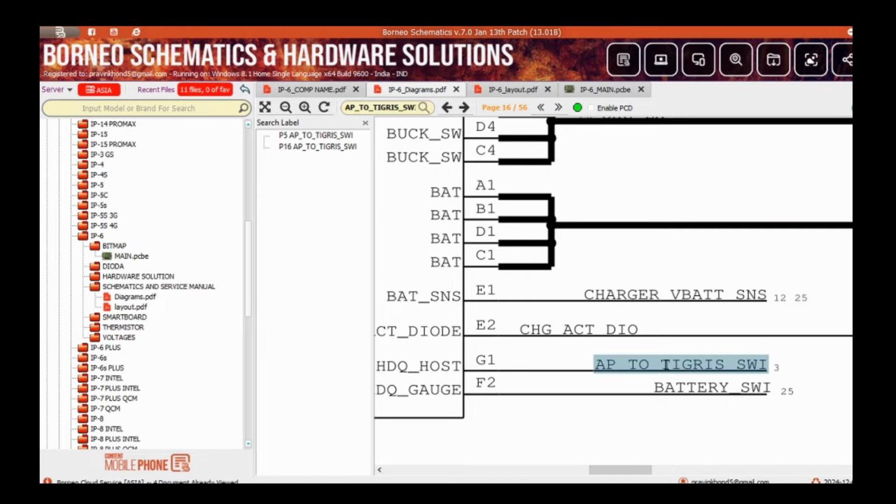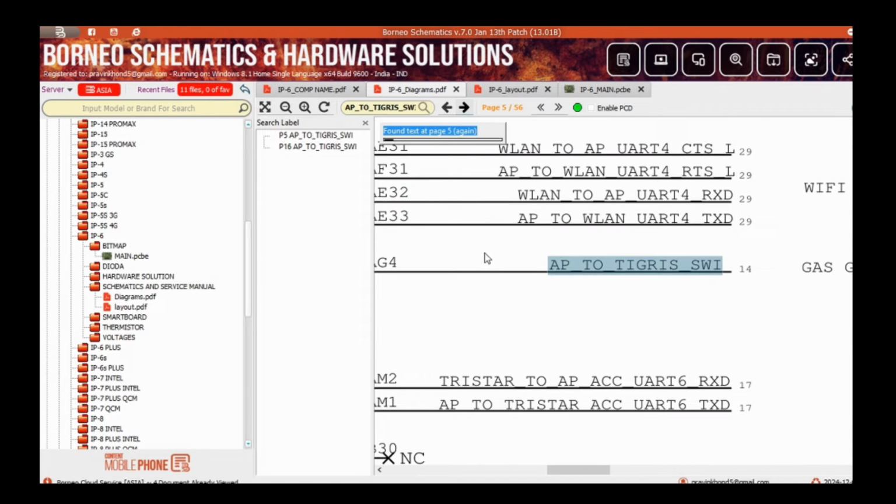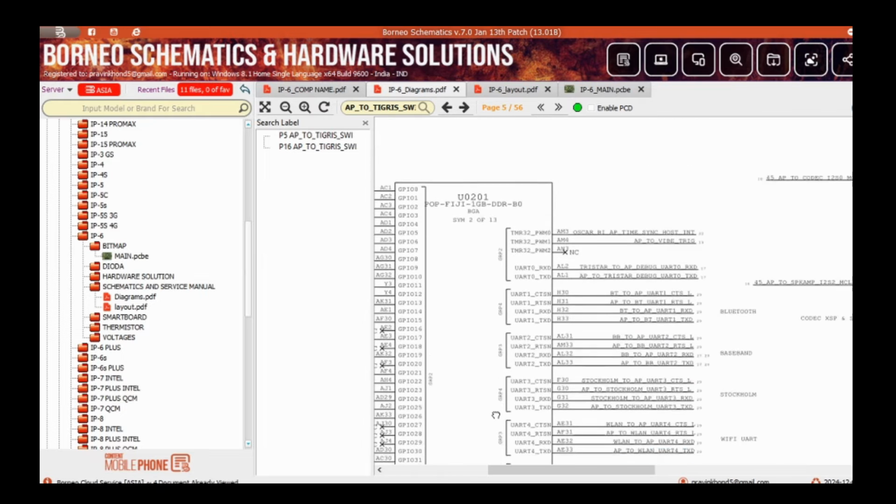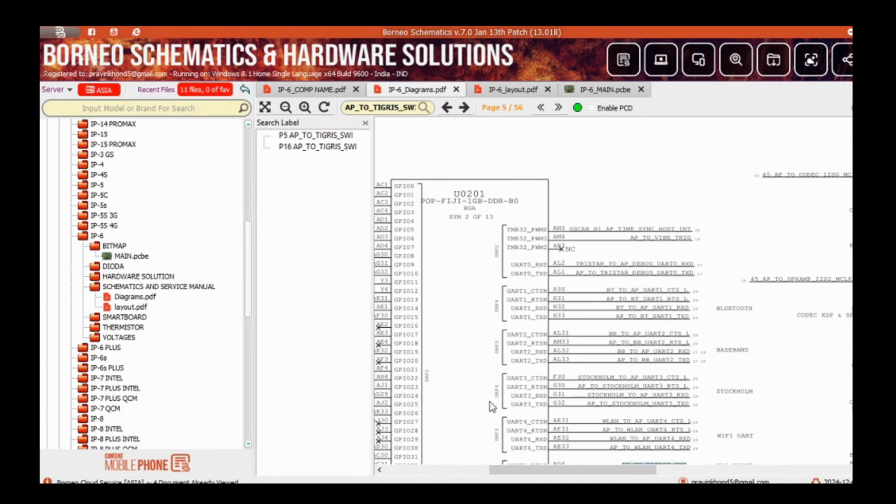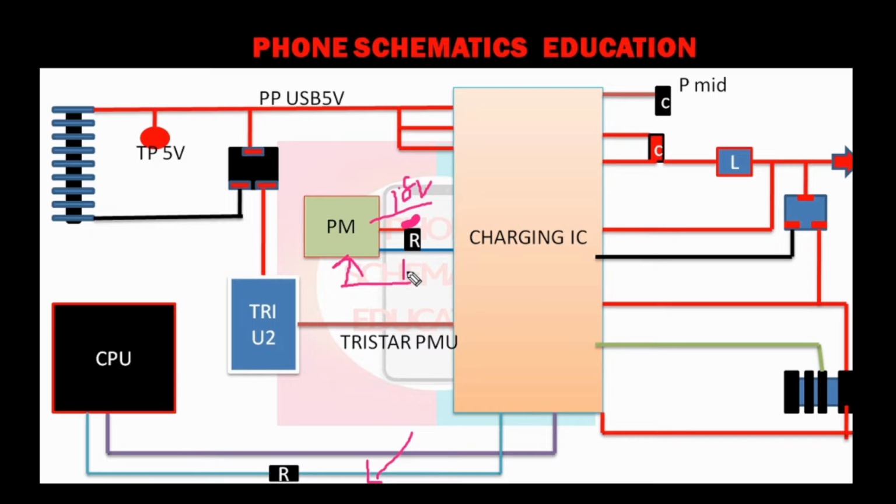To digress switching. Now next, this line goes to our CPU UT01. Always 1.8 voltage, right? It means in this line you will always get logic high. But when you connect the charger, this line connects with the ground internally, so logic high becomes logic low, right? So the power IC senses the